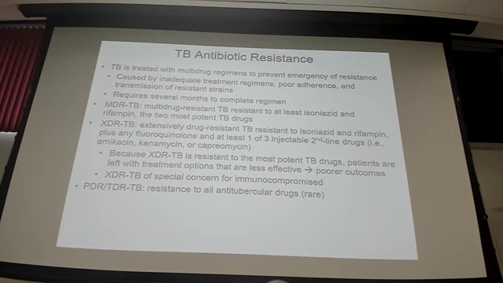Even XDR TB is still extremely rare, but when we see XDR TB, this is when you're resistant to the mainstays of the first line, so isoniazid and rifampicin, and one of these fluoroquinolones, and then one of these injectable second-line drugs. With these second-line drugs, these are some aminoglycosides, I think. Those are not good drugs either. They have nasty side effects. So to have those start failing is really problematic as well. All of these are problematic, but it's a big issue.